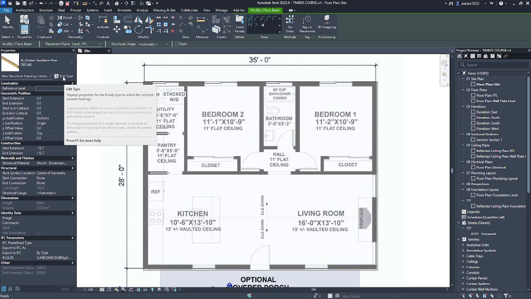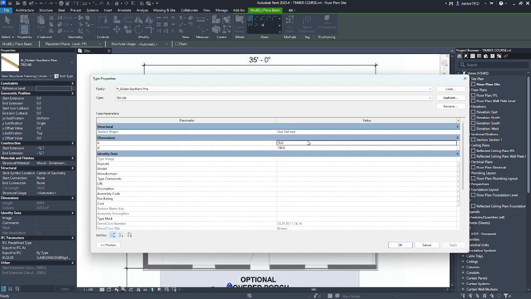Now, if you look at table 12, we will be using 38 by 114 millimeters. Let's change it. 38 by 114.